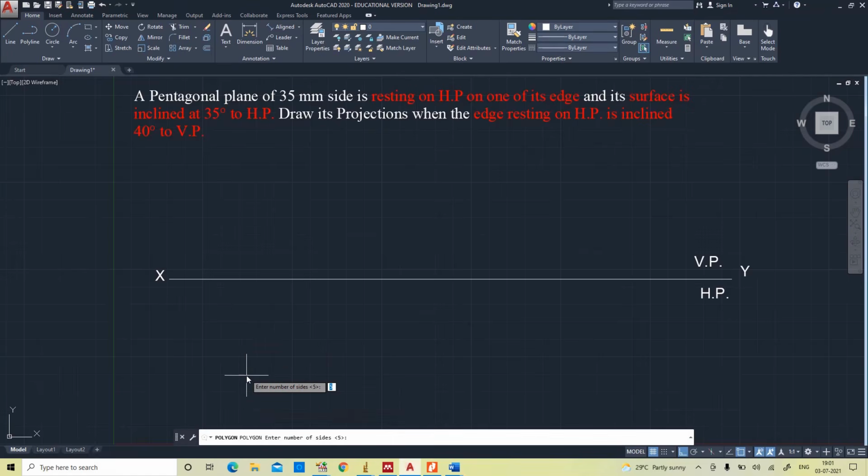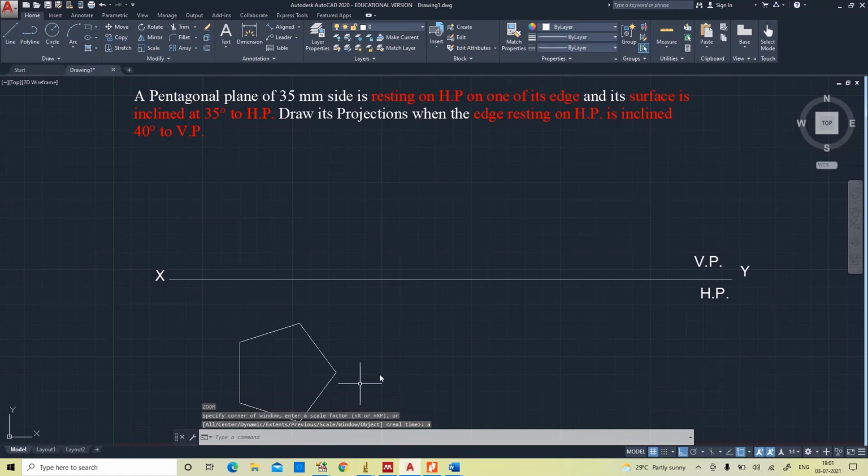Edge method. It is resting on one of its edges, so that's why I am taking like this 35 mm side.